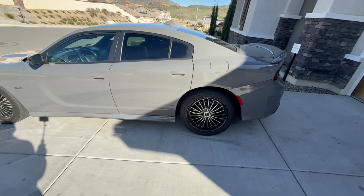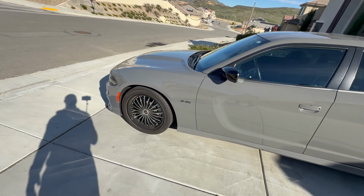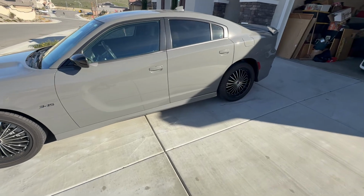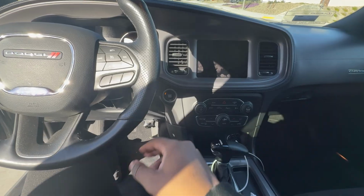This is my 2023 Dodge Charger RT, one of the last call models. I've had it for about a week, so let's get into some of the things that I like and I dislike about this car. One of the things I like,